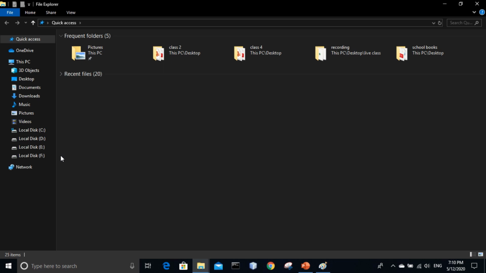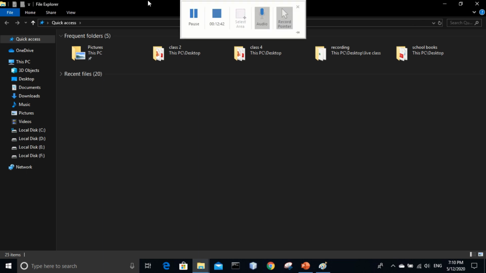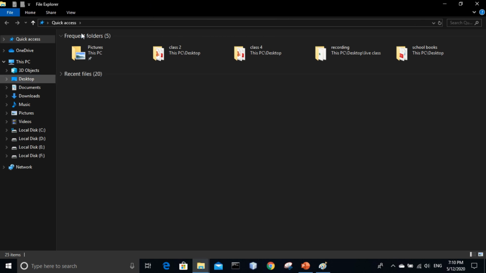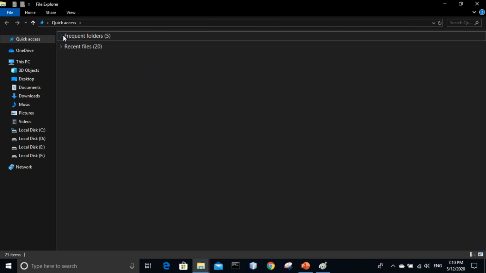This is the screen of File Explorer. How can I tell? See, on the top I am seeing that you are in File Explorer. Understood? Okay. In File Explorer we are able to see the hierarchical form.